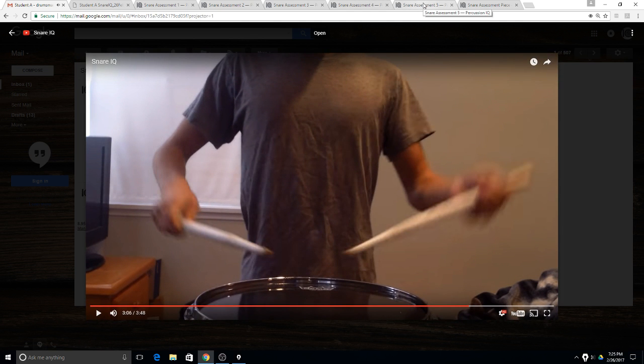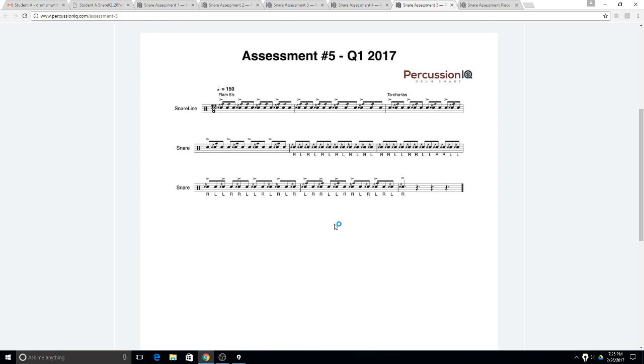So far, everything I've seen, there are a lot of things we could fix in here. I think from a chops and vocabulary point of view, there are little things I'm catching that you can work on. On the flam 5s, your right hand for the first time isn't giving us as good of a tap accent as you did on everything else you played. You're a little wide in your grip. You're maybe a little loose in your fulcrum, and it in turn causes you to slur these flam 5s once in a while. I thought our left hand flam 5s were a little bit more accurate to that